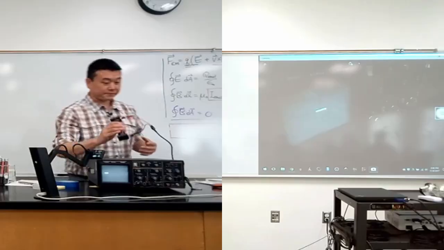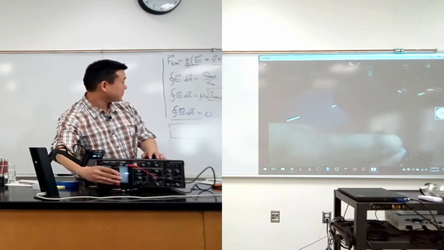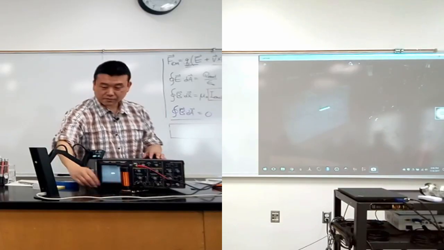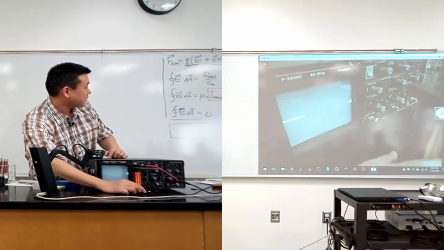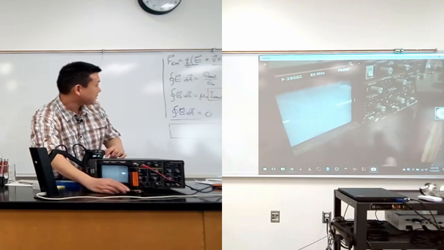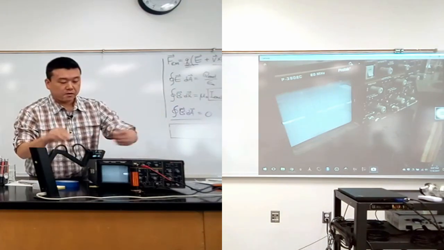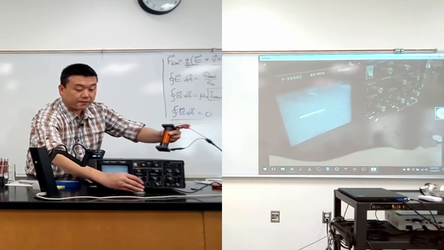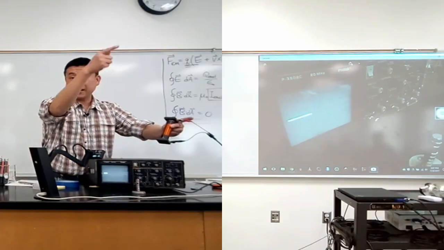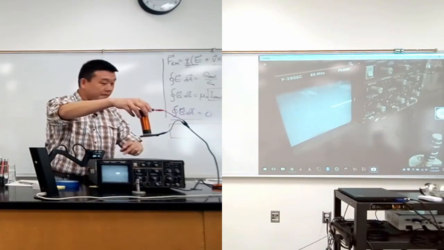Now, this is what I want to show you, that once you have a magnet in play, then it changes. I think I need to put the right amount of exposure where you can see both the coil and the signal on the oscilloscope. So what I'm going to do is put this magnet on the ground somewhere. Even though you can't see it, you can visualize that there's a magnetic field coming out of this, like a very strong dipole magnetic field. And when I move this